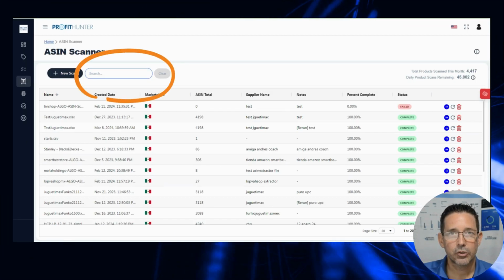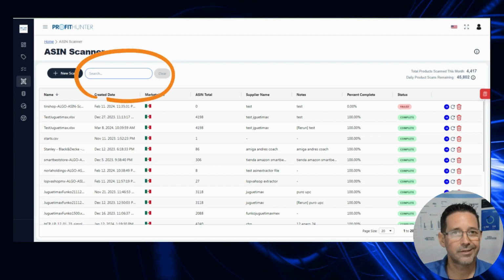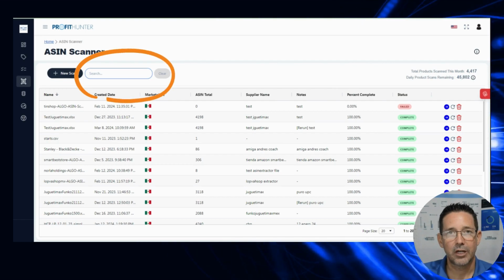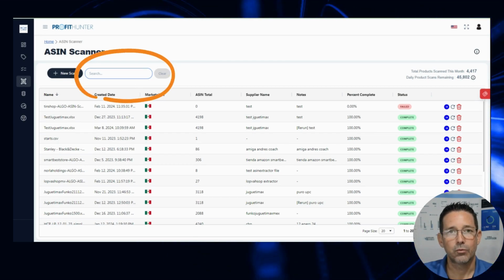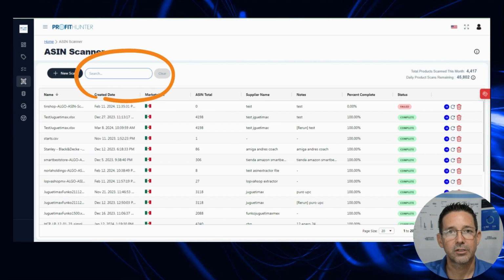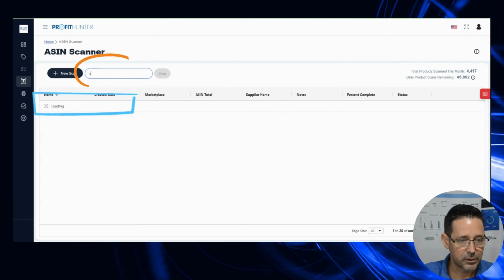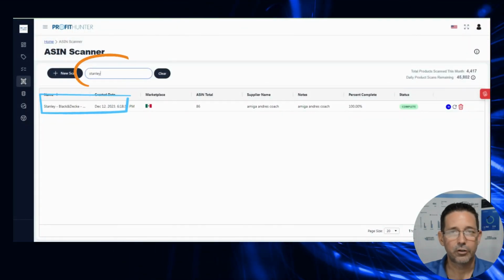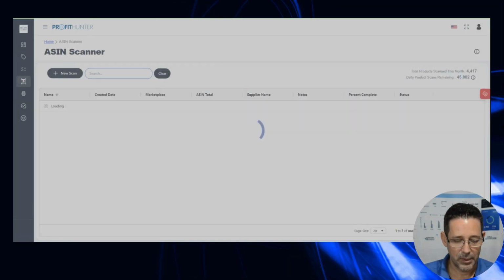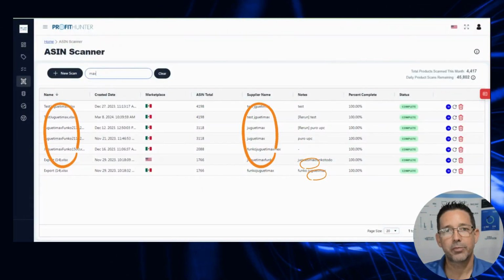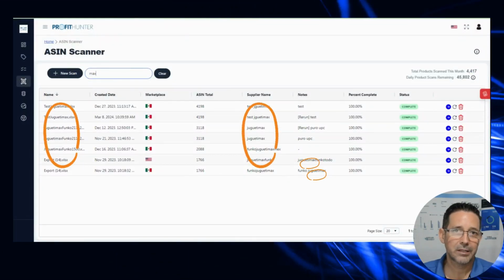In the search box, you can type any keyword, supplier name, file name, or any other note that you typed in your file, and it will show only those matching. For example, type Stanley, and there is only one supplier with that name. I can type, for example, Max, and I will have all of the project files that have Max within one